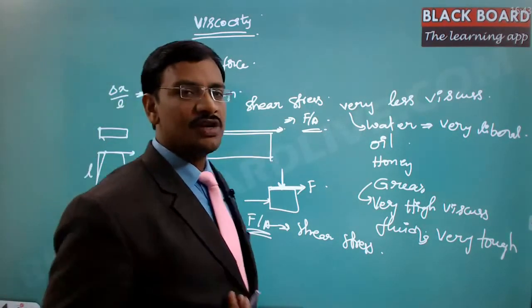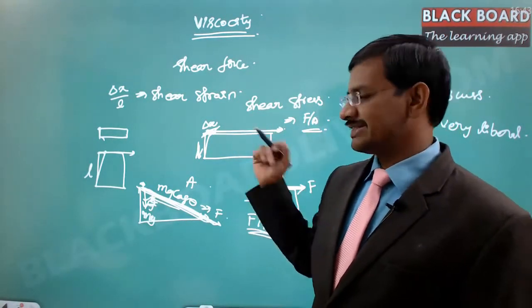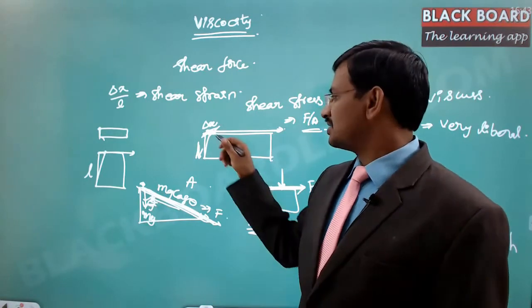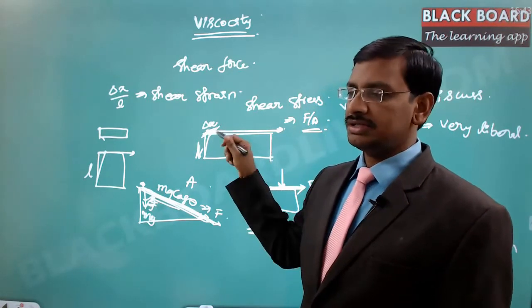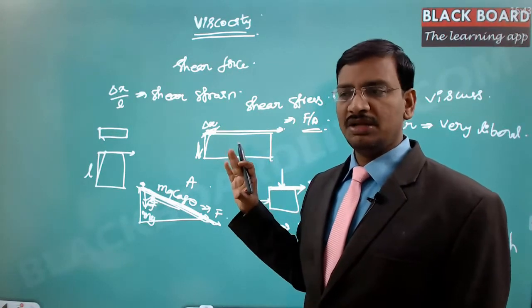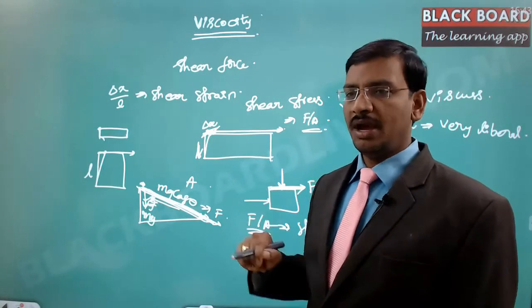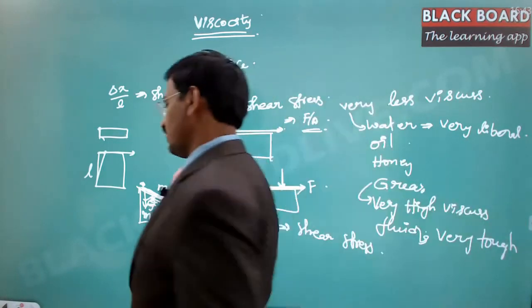The main difference between a solid and a liquid is that a solid is a fixed body. Hence the shear strain is constant. Once you calculate the shear strain for that material, it is maintained constant. But in the case of a liquid, think of the flow of the liquid. So this is the water flow.